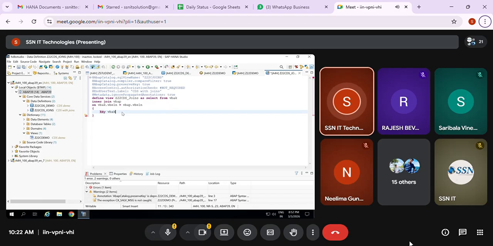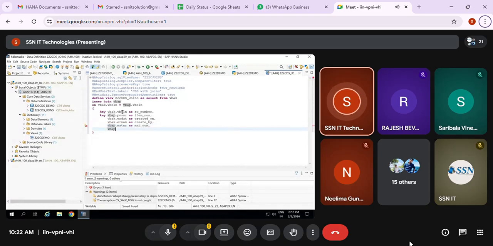Key field, I'm just taking VBAK dot VBELN as SO number, and then key VBAP dot POSNR as SO item num, and then VBAK dot ERDAT as created on, VBAK dot ERNAM as created by, and then VBAP dot MATNR as material num.